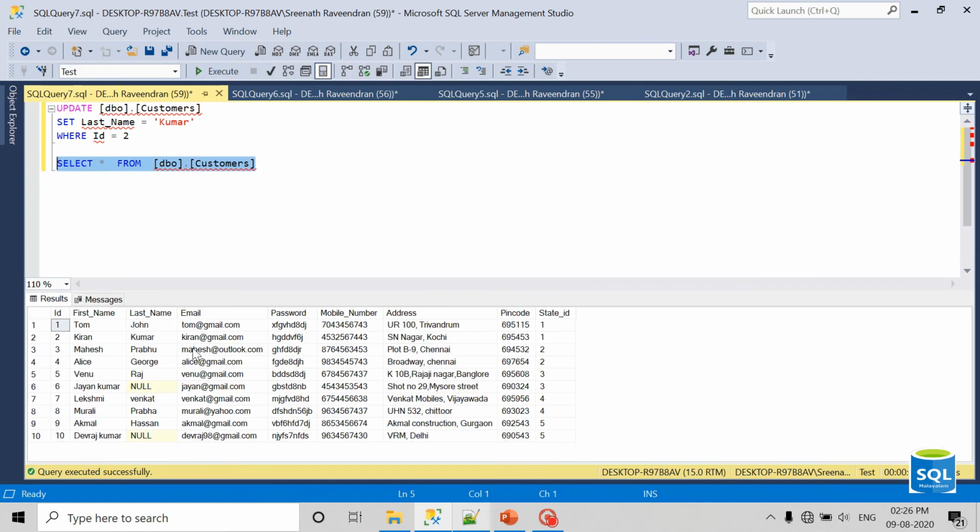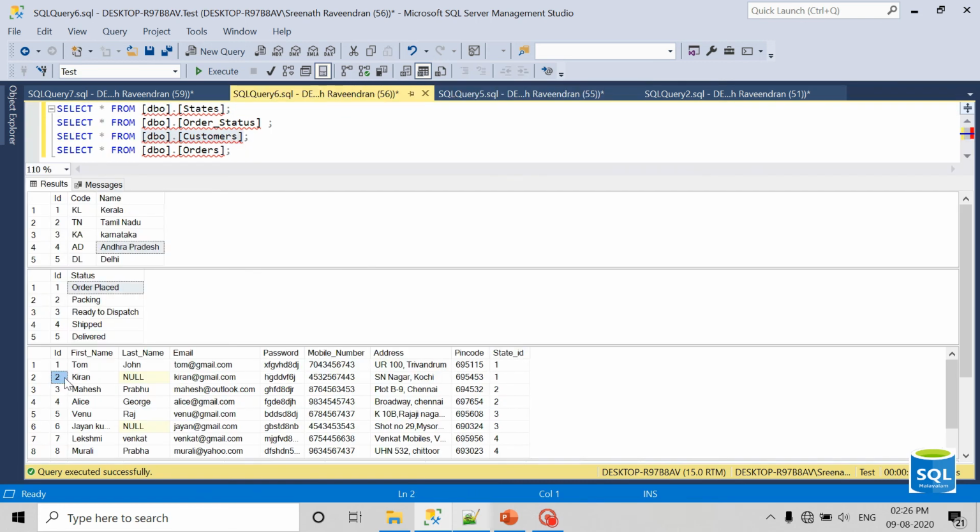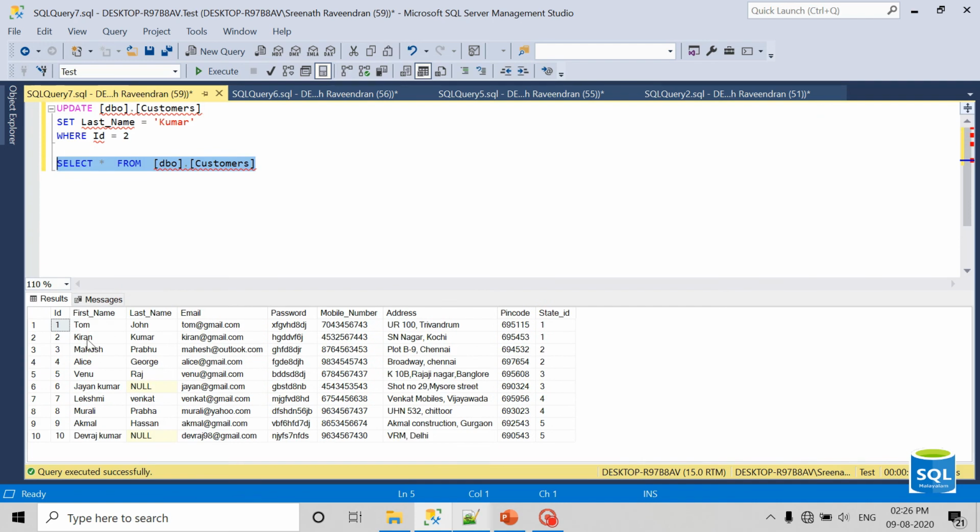Yeah, it is there. Initially there was no value for the last name. Here I updated the value Kumar. For the second record, it got updated. So always remember, if we don't specify the WHERE clause, it will affect all the records. So always remember to add the WHERE clause with the proper filter.